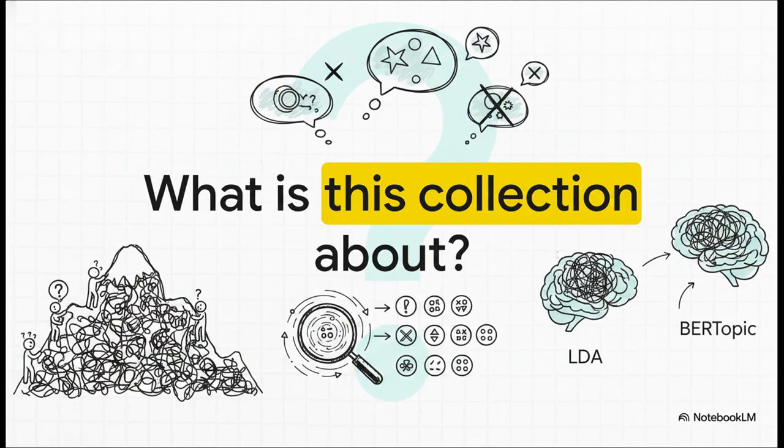You don't have labeled categories. You don't even know how many categories might actually exist hidden in that mess. And let's be real, unless you have a spare decade and a team of 1,000 people, you literally cannot read them all. So how do you instantly extract meaning from this massive mountain of unstructured text?